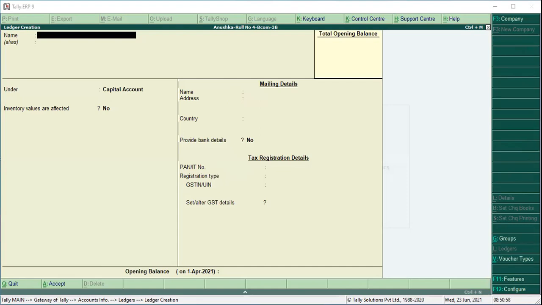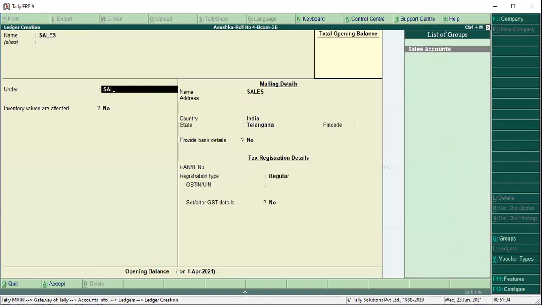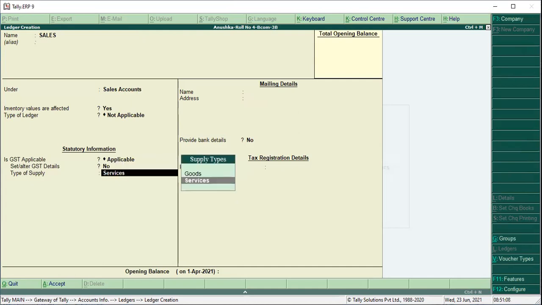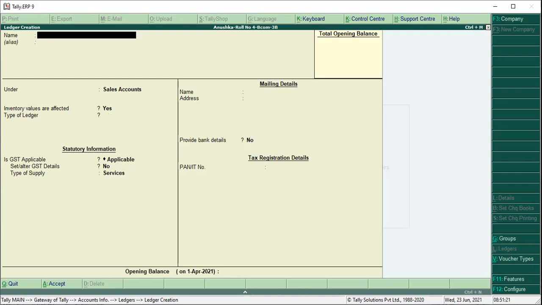Sales account. Instead of services, say goods. Okay. Then Control A.